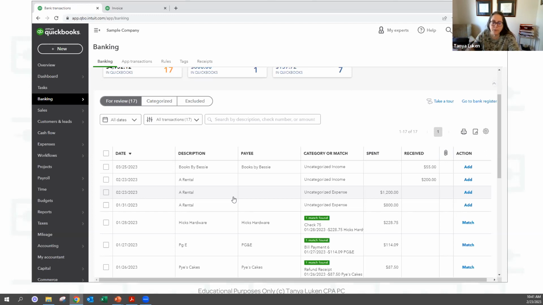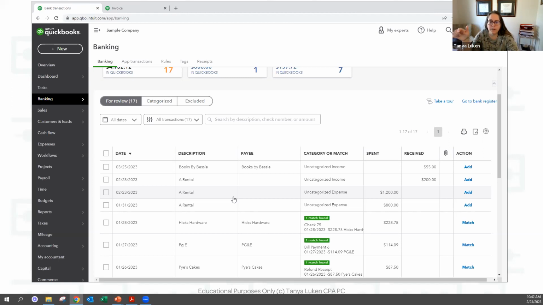These rules a lot of times don't work for things like Amazon or Costco or Sam's Club. If you think about what you can buy at those places, you could buy tires, which would be automotive expense. You could buy computers, which would be office supplies. You could buy food, which could be meals and entertainment, or food costs if you were a restaurant or a food purveyor of some kind. So there's a million things to be careful of, but if it's always the same thing, then you can set this up.